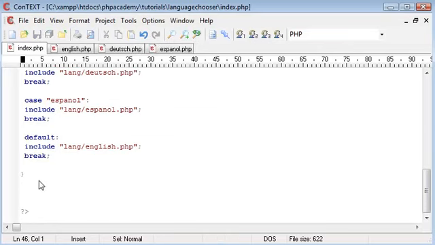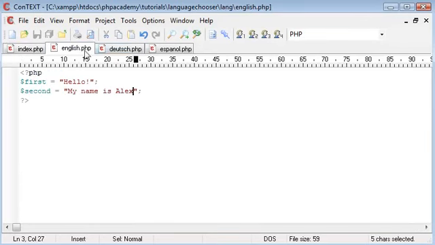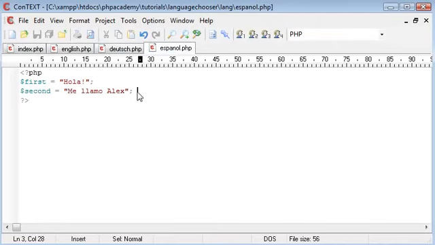Okay, so underneath here, now that this is all working, we presume that because these have been included, we're going to be able to use anything inside them we want, obviously the specific one. So I've got first and second here. Now the thing you must do is make sure that first and second, or whatever you're going to call your variables, are exactly the same. So we can add another one on there. If I was going to say add